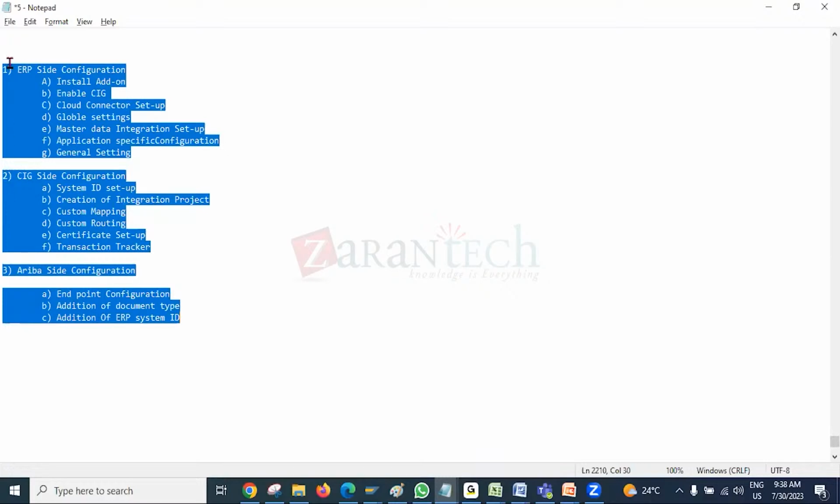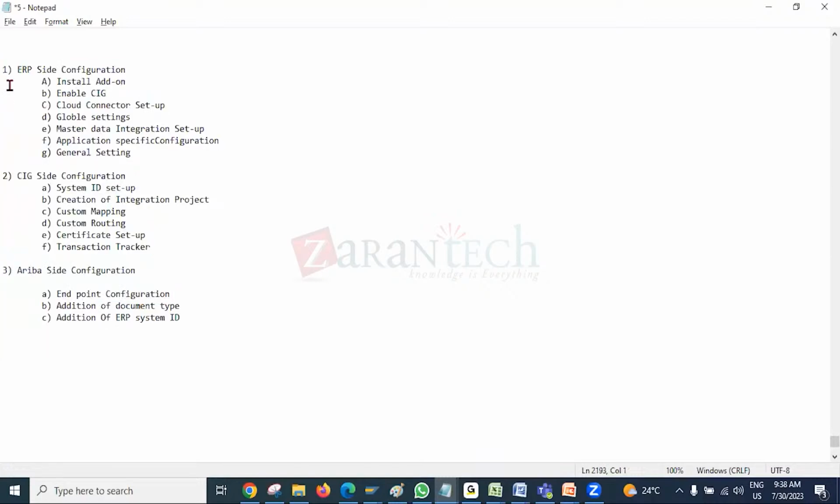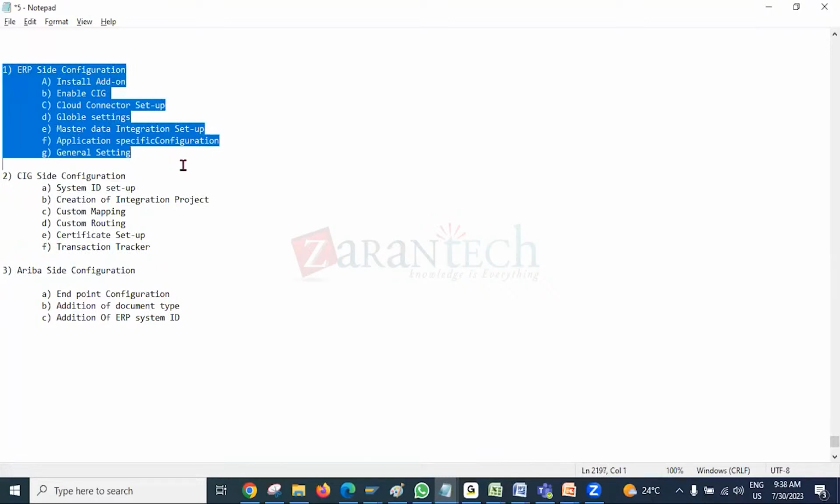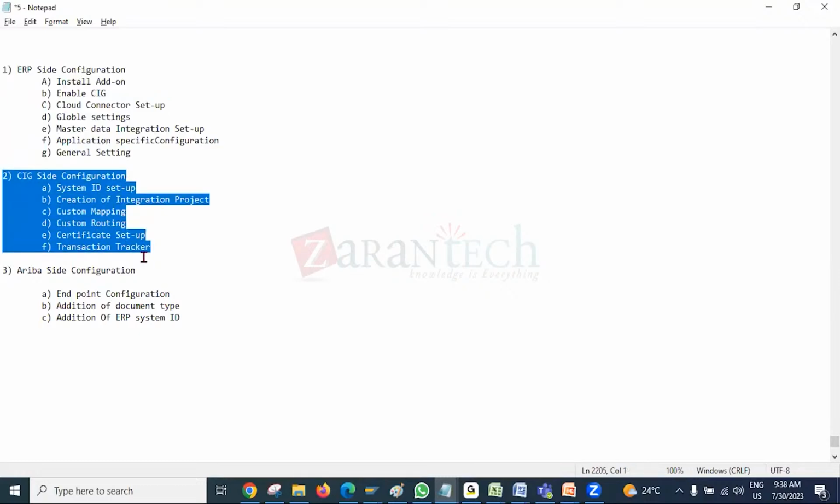I'm not saying exactly the same thing is applicable for all the integrations. It's not like that, but most of the configuration will be common. For example, if you talk about Ariba supply chain collaboration implementation or commerce automation implementation, whatever we are talking about in the ERP side configuration will be the same. So I would say this is the pillar of the ERP side configuration for any particular application. Apart from that, the CIG side configuration will also be common. Only information will vary